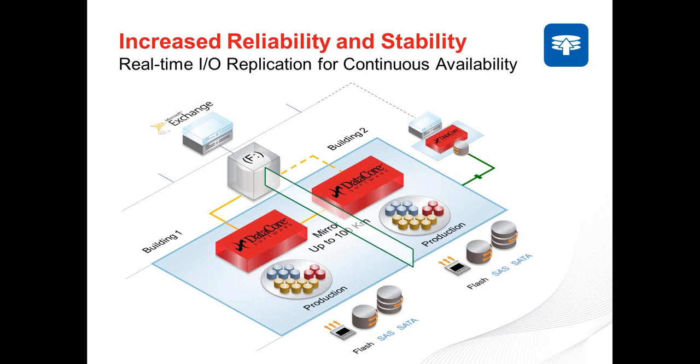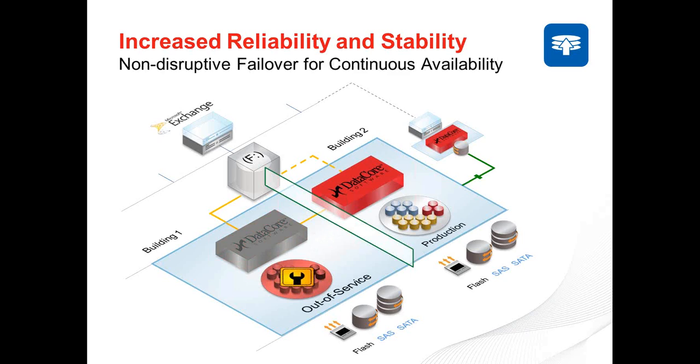Now, to better load balance these configurations, the traffic is evenly spread between the two pools, and you're equally distributing the preferred path from those host servers across that active SAN. In other words, each node is generally set up to serve as the primary resource for half of the capacity. Okay, so now let's say one of those storage pools needs to be taken out of service, or suffers some type of failure.